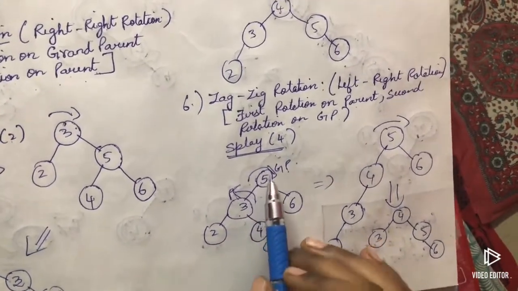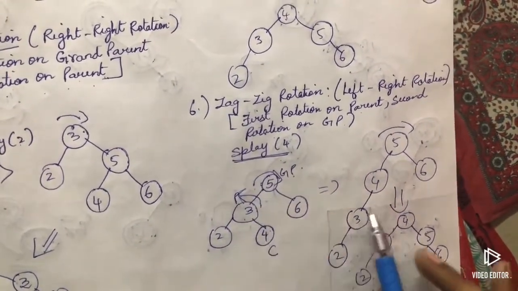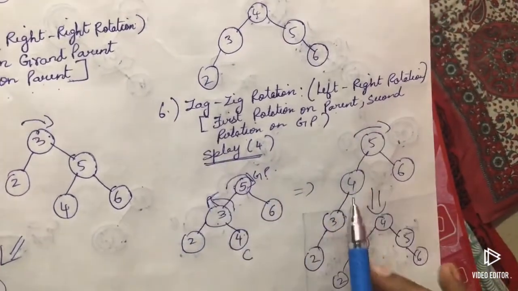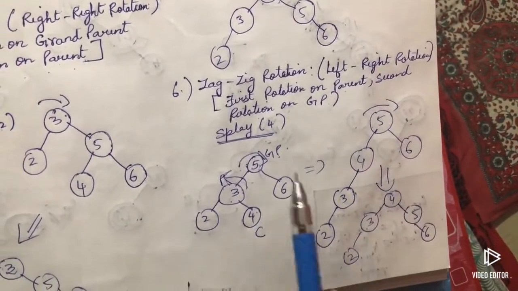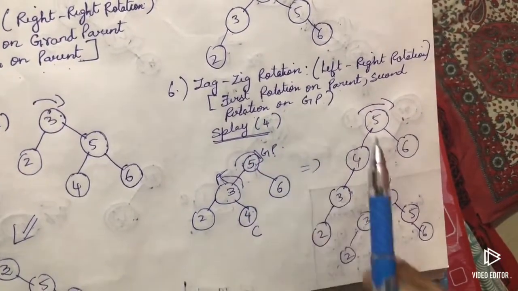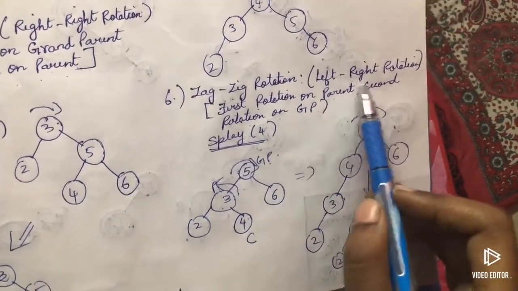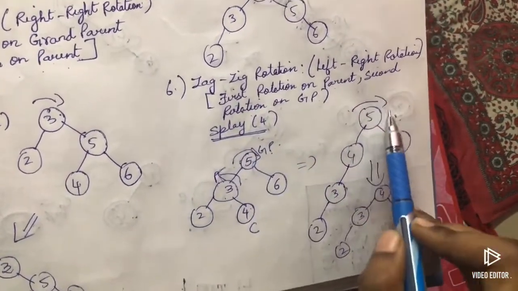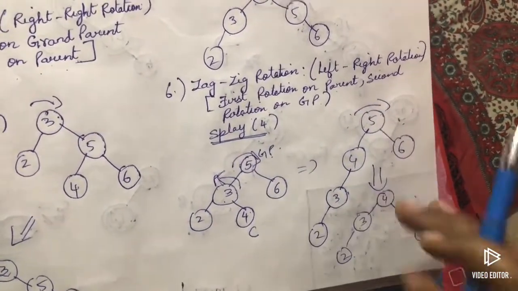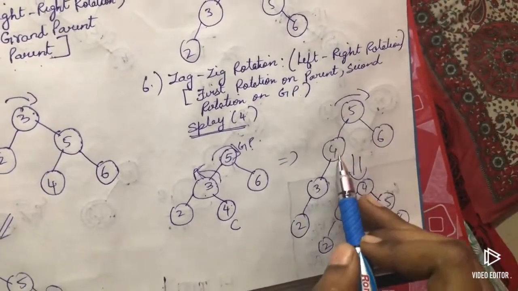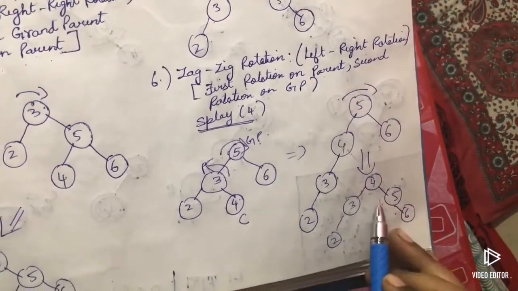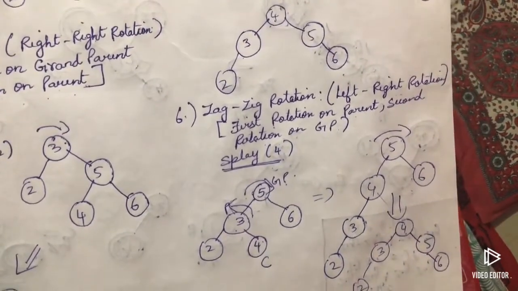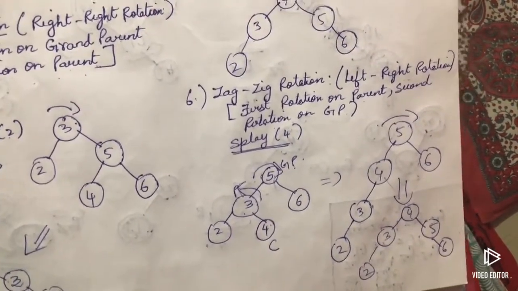So again what they have said, first condition is over. Okay, so you will get this diagram. Only zag rotation has been completed. Now again what I have to do, I have to rotate on the grandparent. Grandparent must be rotated on the right side. Zag rotation completed, now zig rotation. So I am rotating on the right side. If I rotate this right side, it will be attached to the right of 4. So 5 and 6. So next video we will be seeing the insertion and deletion of splay tree.